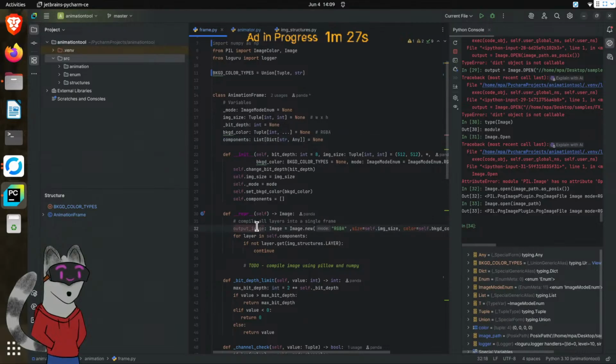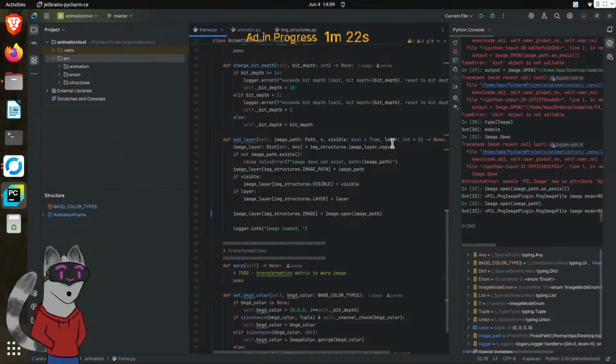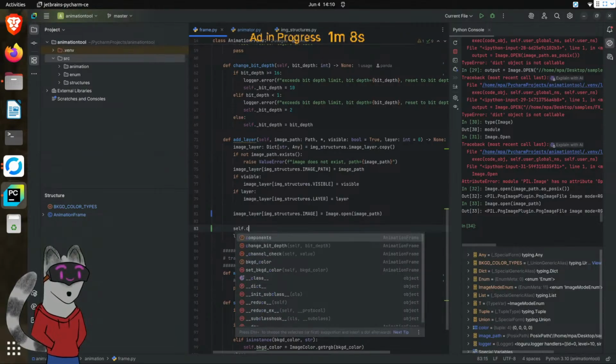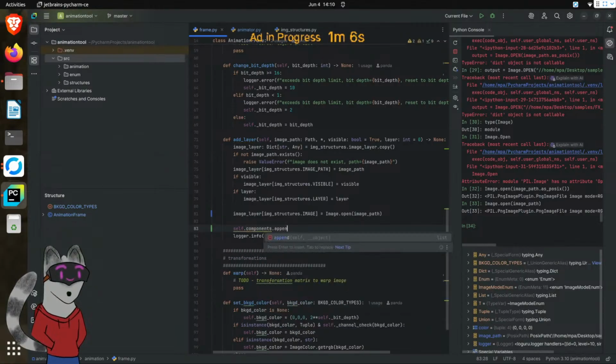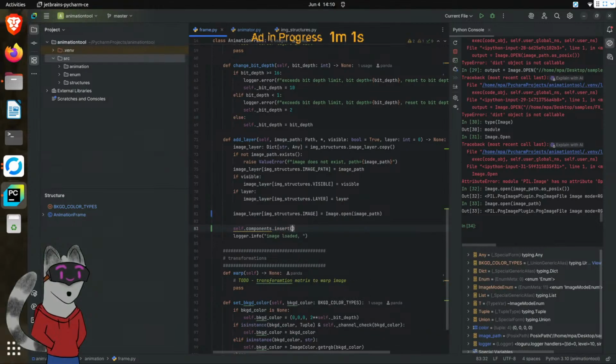Alright. So think about it. Layer right here. So this is what we're going to use. We're going to input in through layers. So since this is add image, the first thing we're going to do is we'll go ahead and grab our components, and then we'll append, well actually insert. And then from here we can then insert our image layer. And as for our index,